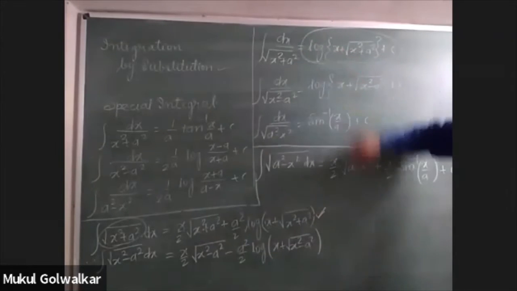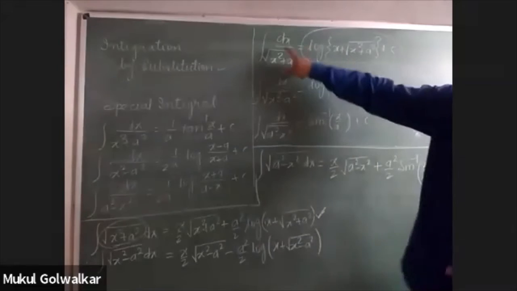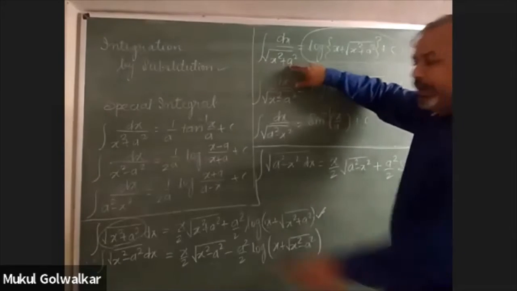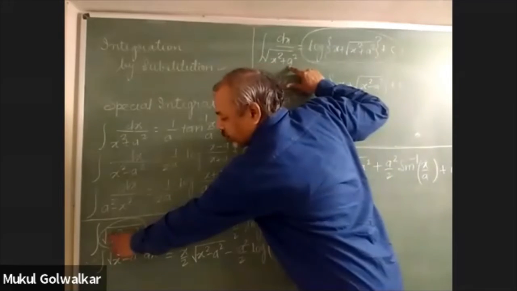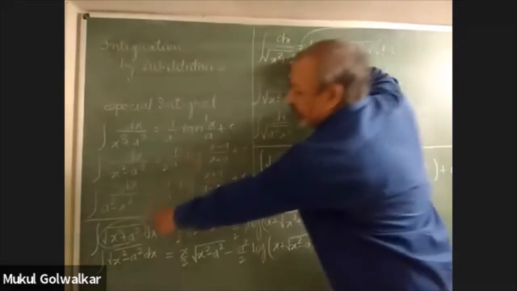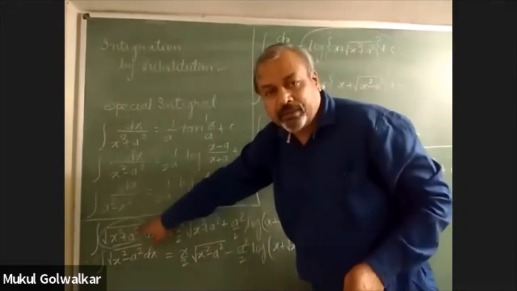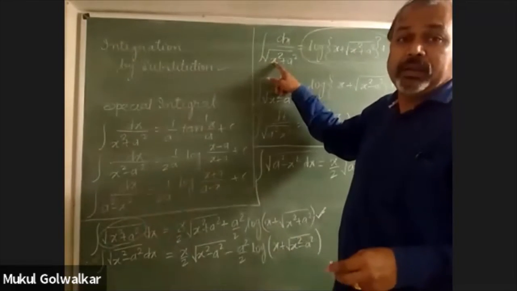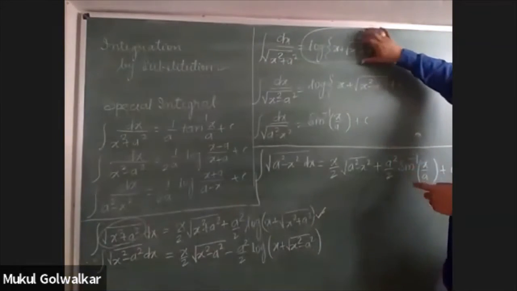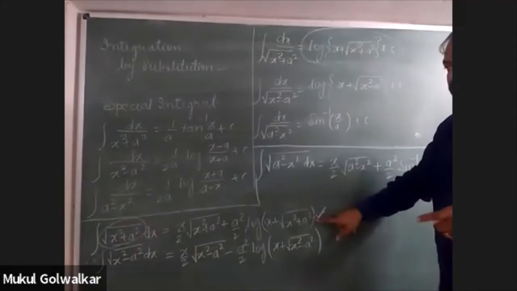Okay, this quantity which I am writing is the same, and you can see that this is dx upon under root of x square plus a square, and here it is under root of x square plus a square into dx. That means these two quantities, one is written in the numerator and the other one is written in the denominator. There is a difference. Okay, but this part of the answer is common in both of them.